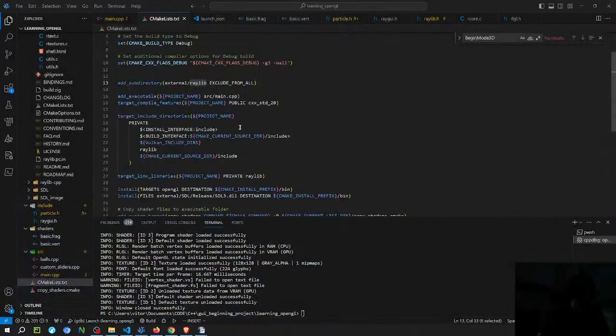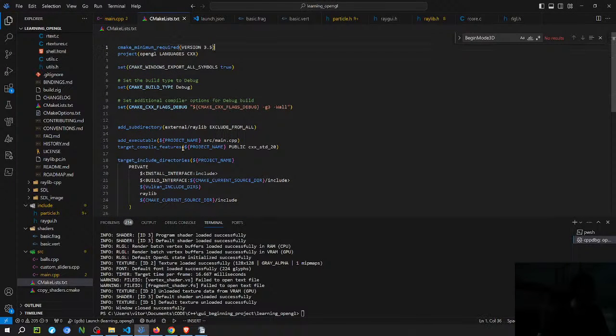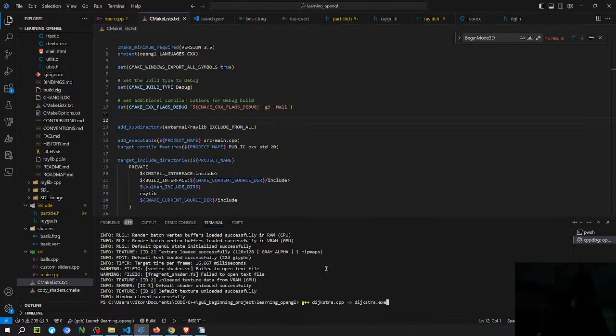Yeah, so the way that CMake works, I can teach you, at least as far as I know. It's just like the way you compile code in C++ by using the command g++ or whatever compiler you use. Then you specify the C++ library, then you specify the output, which is going to be the executable. That's if you have a simple file, but if you have more files and it gets more complex, you're going to have to write a very complex command. So in order to solve that, people created a makefile, and a makefile allows you to write a bunch of instructions that are going to dictate